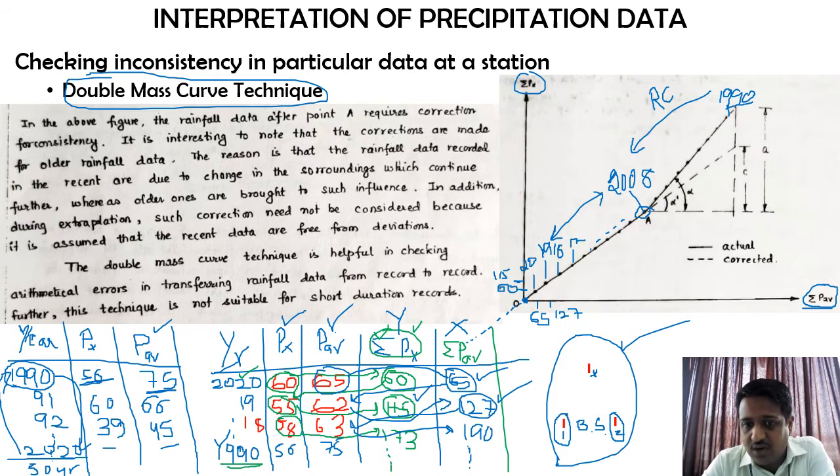Here it is for 2020, but if I want to apply this double mass curve technique and get the data of future years, let us say I ultimately want the value of 2030. So for the year 2030, what will be the rainfall characteristic? I want to predict that. For that itself, I am using the data from 2020 to 1990.